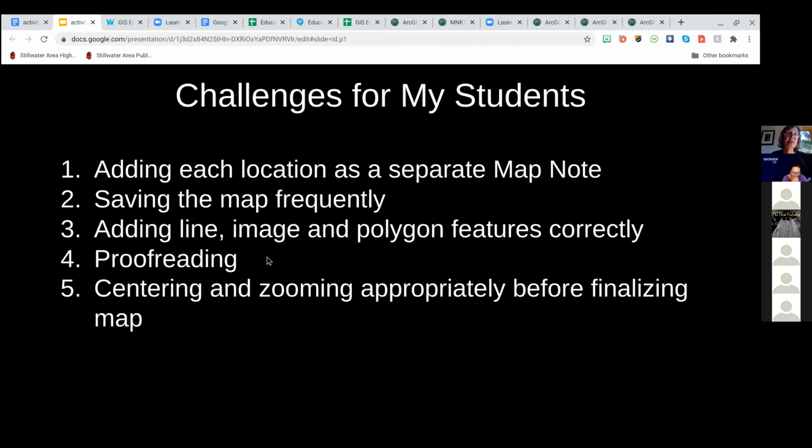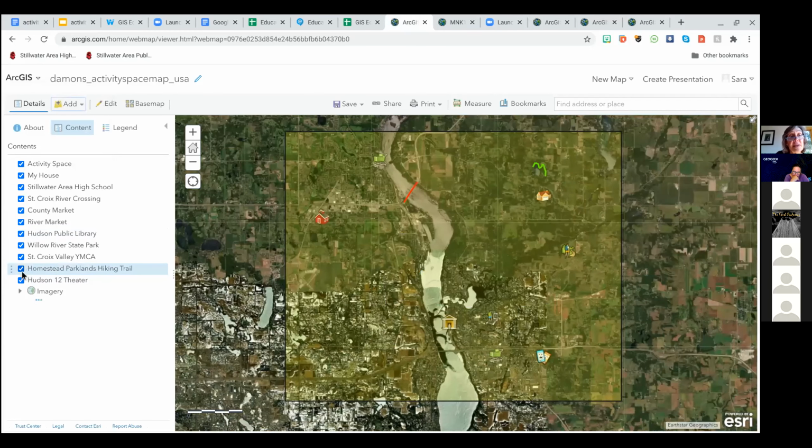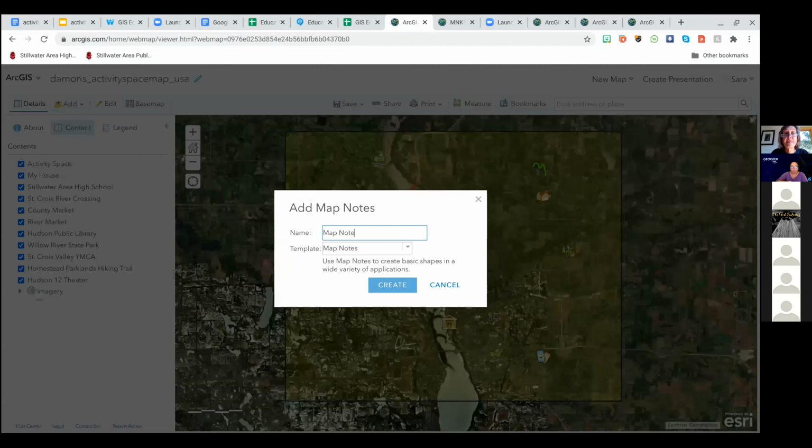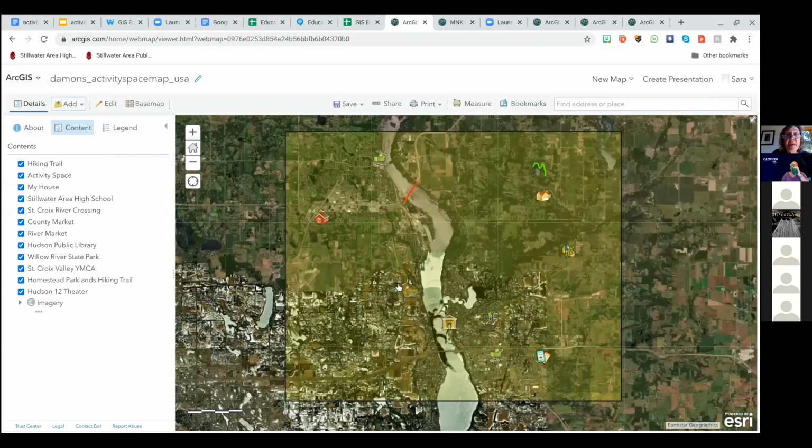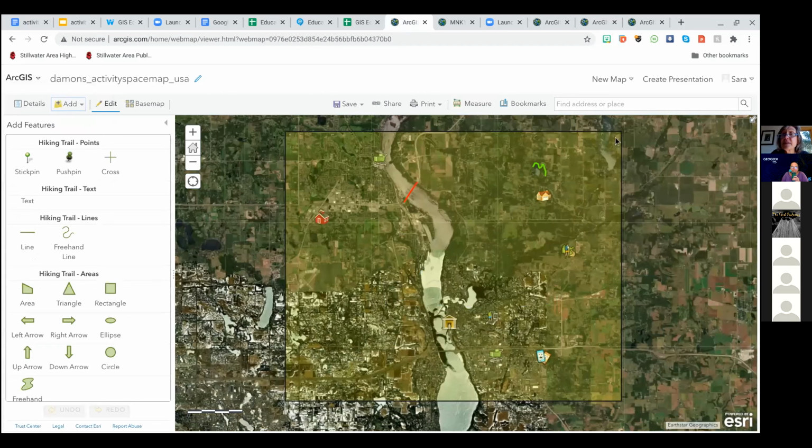Thirdly, students do struggle in particular with adding lines and then adding images and adding the polygon feature. So the line, for example, here is the hiking trail and also the St. Croix River crossing. Okay, so when they're adding a line, let's just call it hiking trail. And I'm just gonna make a line anywhere I click,